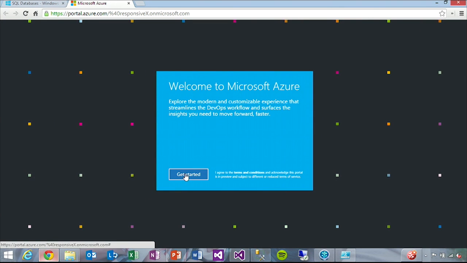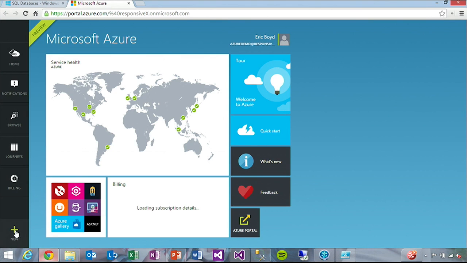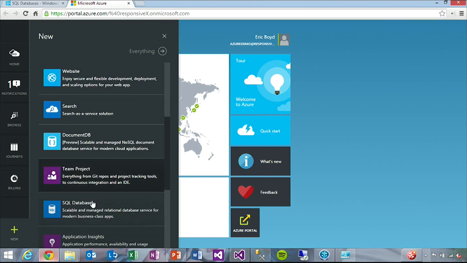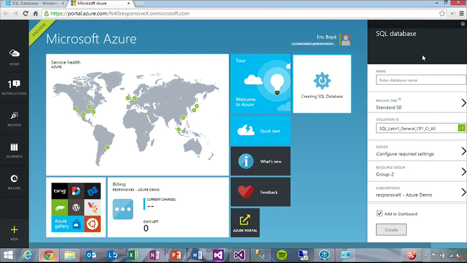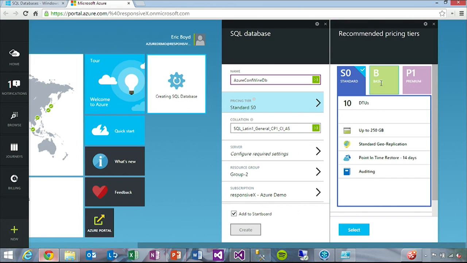When you create a new Azure database for the first time, you choose a server, create a server, that sort of thing in Azure. And so here I'm going to choose, let's create a new SQL database. And I get my new SQL database blade over here. And I can name my database, and so we'll call it Azure Conf Wine DB. I choose my tier, and so there's my Basic tier, there's Premium. I can choose the edition and the number of DTUs in Premium as well, or Standard and Premium. In this case, I'm going to choose Basic